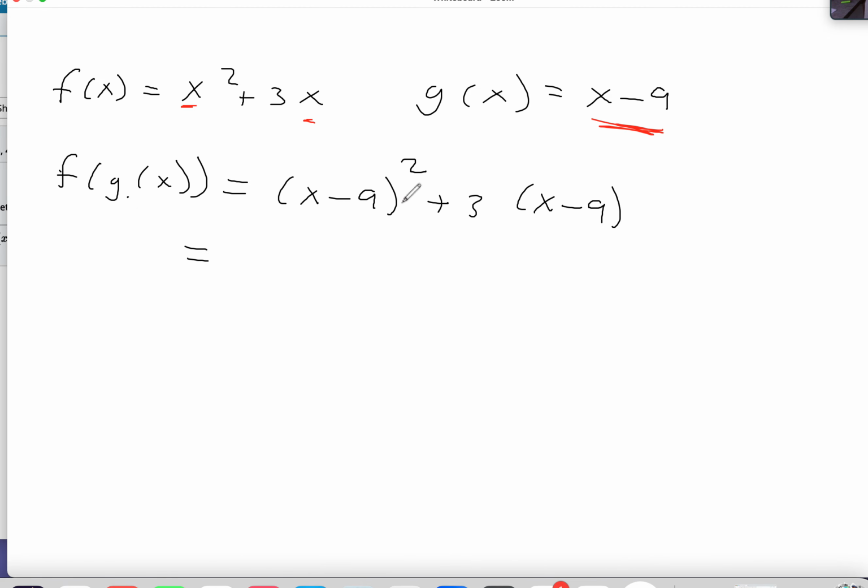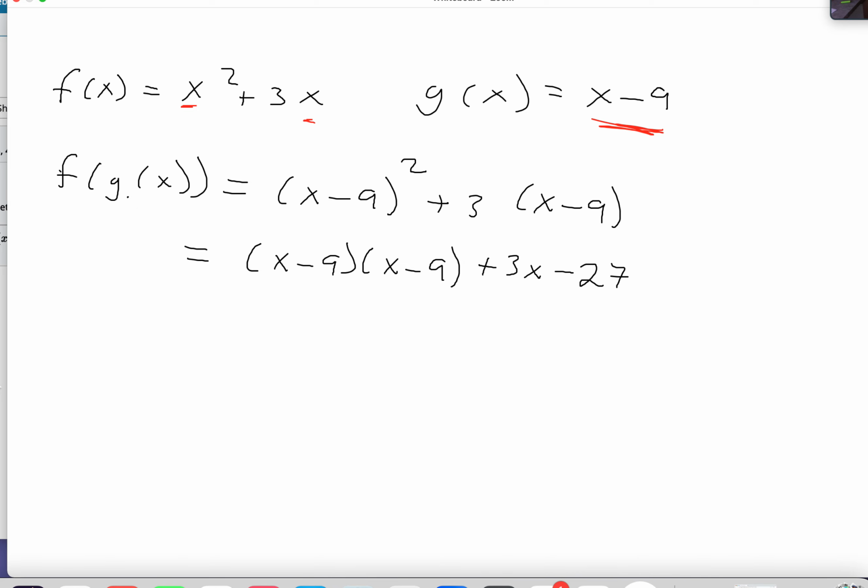So x minus 9 quantity squared, that is the exact same thing as x minus 9 times x minus 9. And you might remember from previous classes, we're going to FOIL that, but sometimes it helps to write that out side by side to do that step. And while I'm here, I'm just going to go ahead and distribute this 3 through. So this will be plus 3x, and then 3 times minus 9, so that's going to be a negative 27